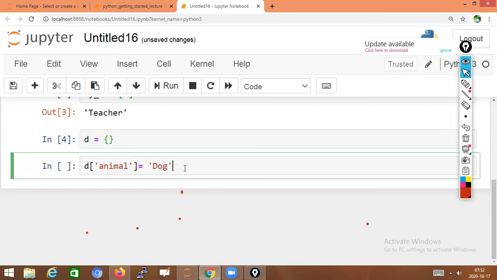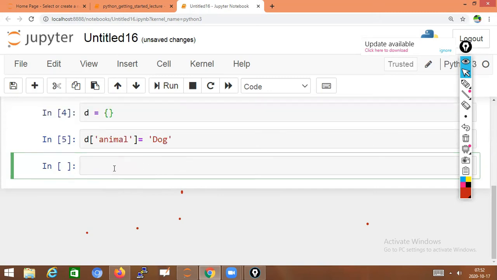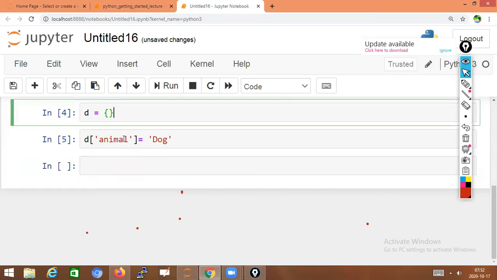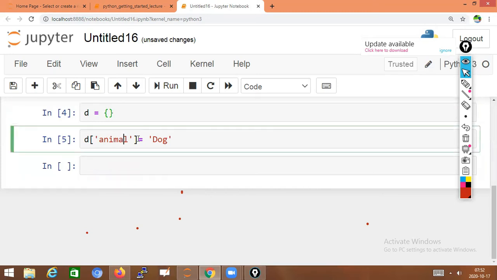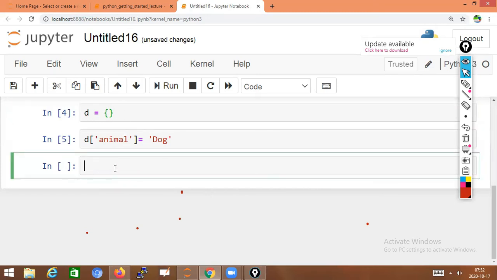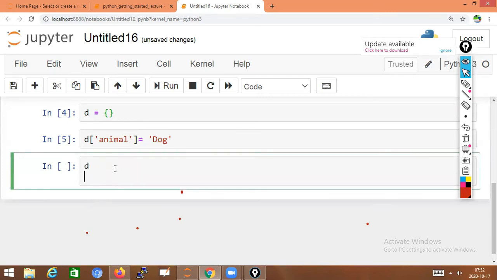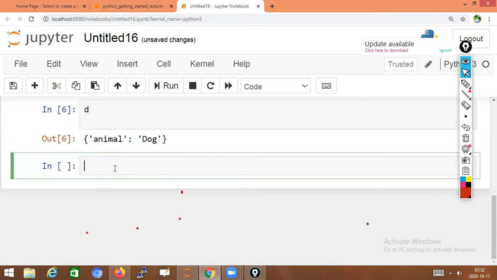Shift enter. We have created an empty dictionary d, and in that we stored one key and its corresponding value, dog. We'll check if it is there or not. You simply write d, shift enter. The key is animal, its value is dog.